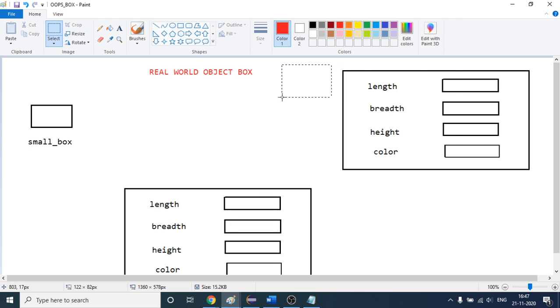Once I simply say Box b equals new Box, small box equals new Box, right? Once you execute this line, you will see these variables. So this is your object, right? This time it got the memory, right? So if I again come here, so here I have added, I think,